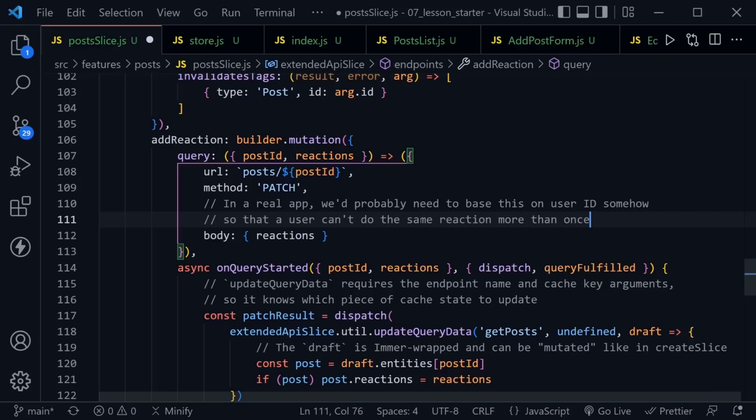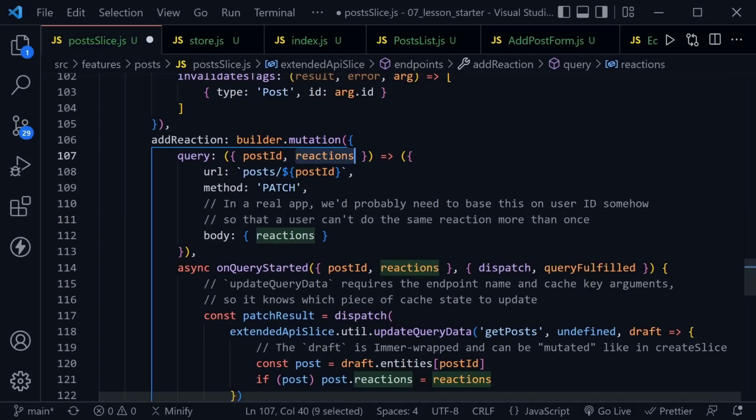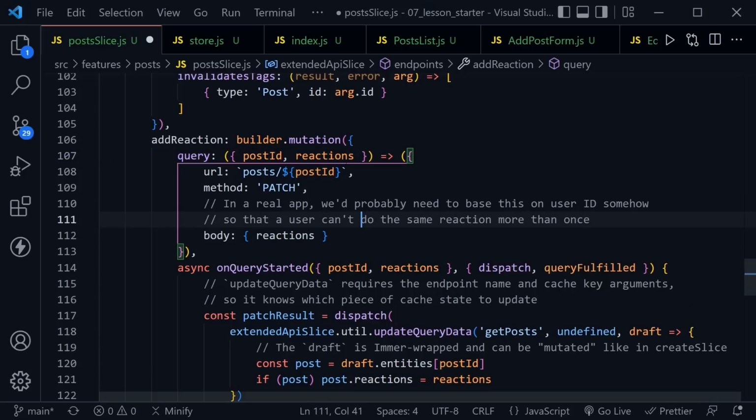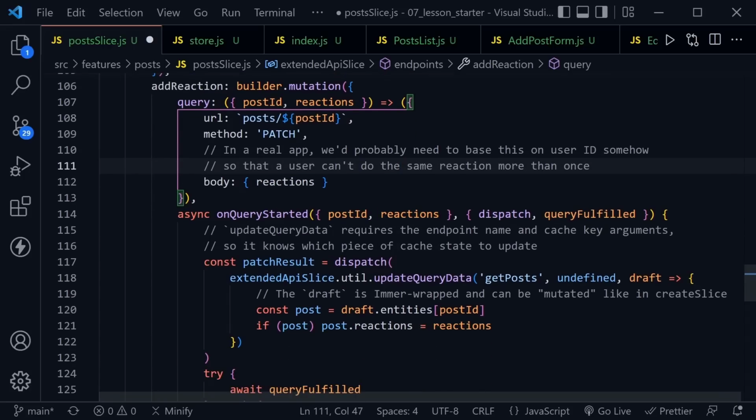What we're doing differently from the docs example is they were just passing in the individual reaction and incrementing it because they didn't give this example with normalized state. I'm passing in all of the reactions for the post, and then we're going to replace the existing reactions with the reactions that are passed in. Okay, once we have that, and that would typically be what we would do,